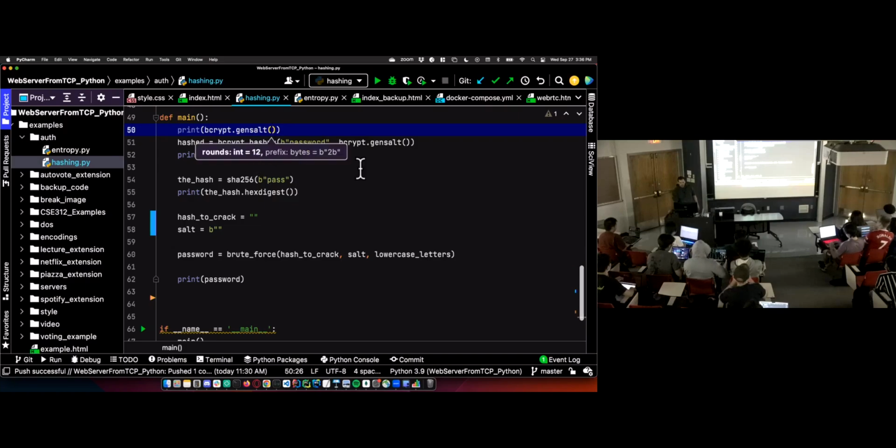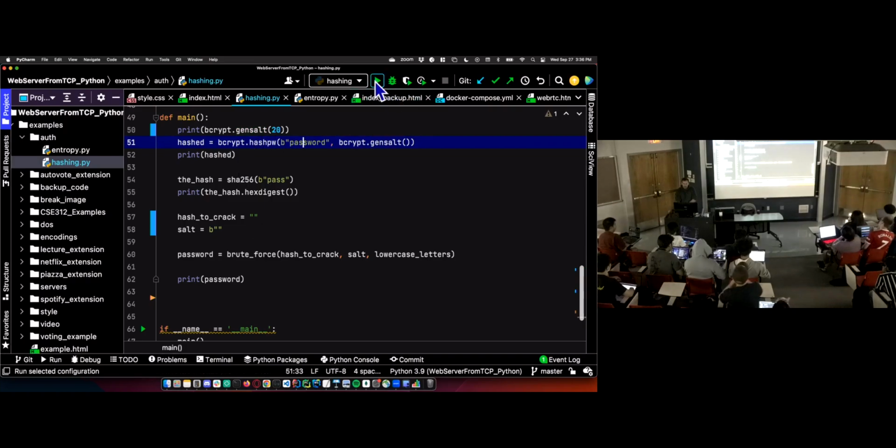It defaults to 12, the number of rounds of the salt, which is partially how large that salt is going to be. I thought it was the size of the salt, actually. But number of rounds, I don't know, maybe it's correlated to the size. I don't know, I'm not looking it up right now. But we're going to generate the salt and hash the password. And when this runs,